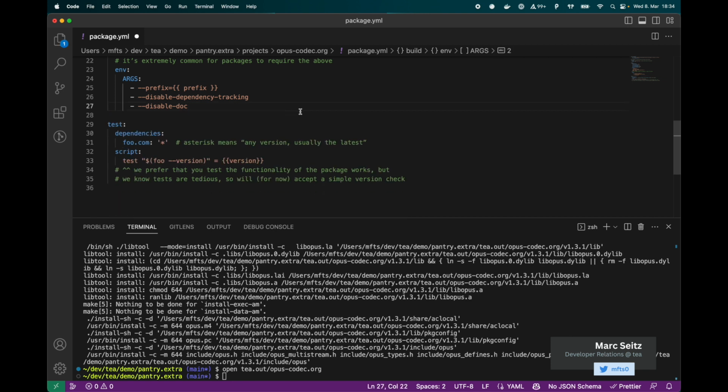We can remove this provides key because there's no actual binary that is output. Now we want to build a test script in order to actually test the library, because tests are key and are required in order for us to merge packages into